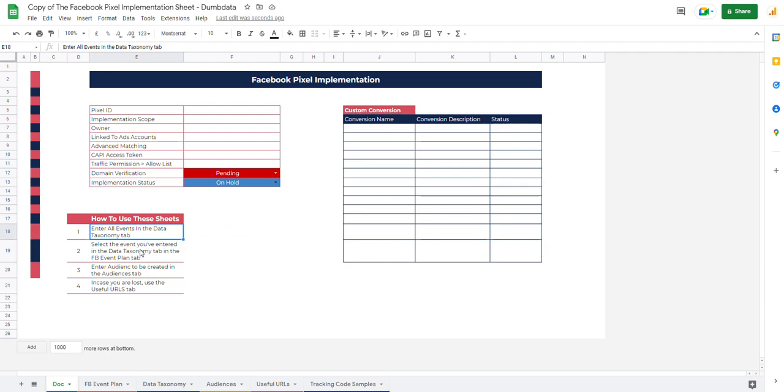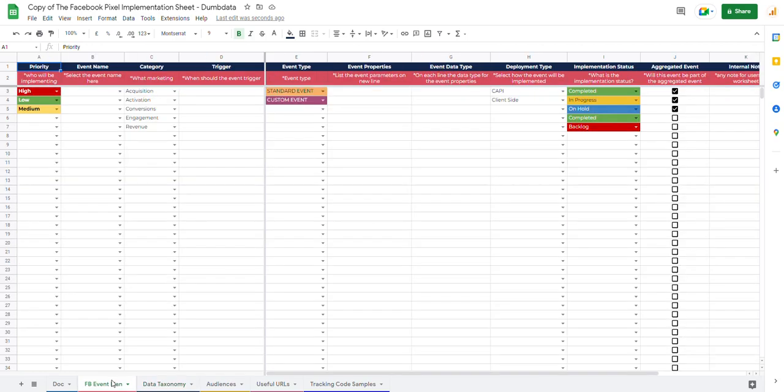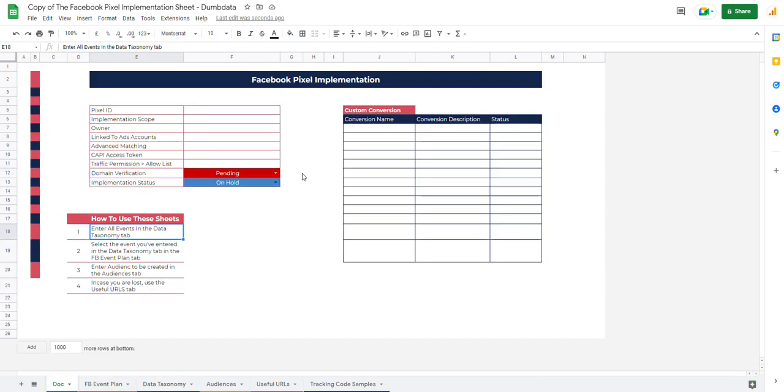Then how to use this worksheet, very simple. Enter all the events in the data taxonomy tab. Then select the event you entered in the data taxonomy tab in the FB event plan type. This is where you plan out your event. Whatever thing you want to track should be in this part. I'll walk you through every tab here. First of all,